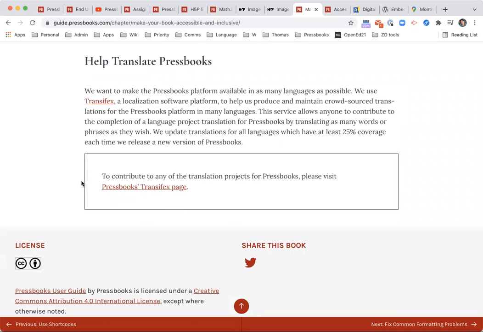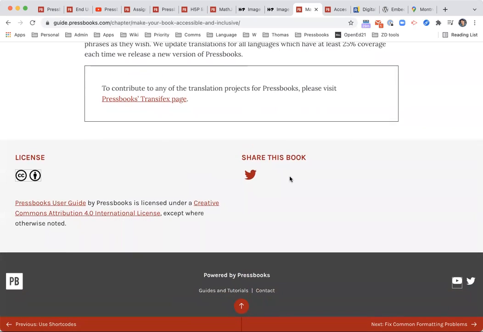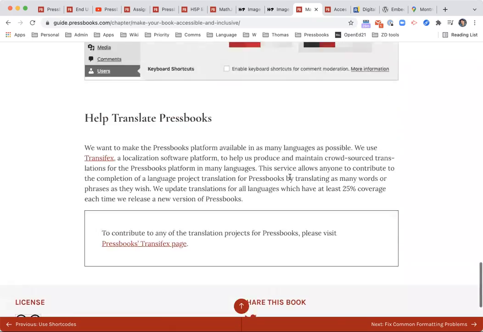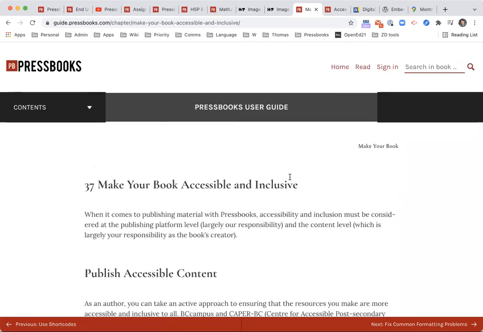And if you are interested in translating Pressbooks into a different language that's not already available, you can do so down here. We had someone translate the entirety of Pressbooks into Turkish last year in about 2 weeks, which was very impressive. So if this is something that interests you, you are more than welcome to do that. But this is our Pressbooks level chapter on